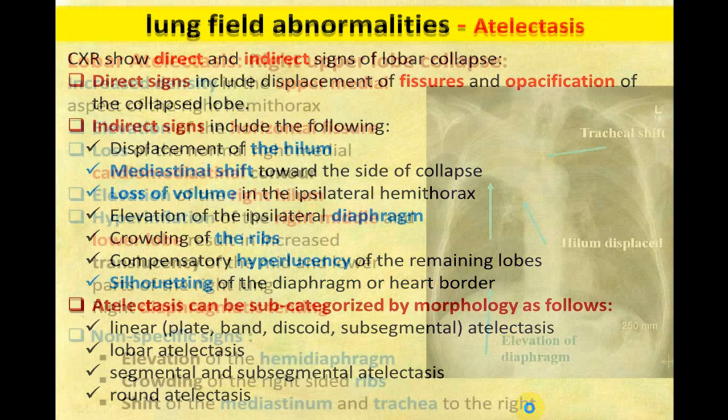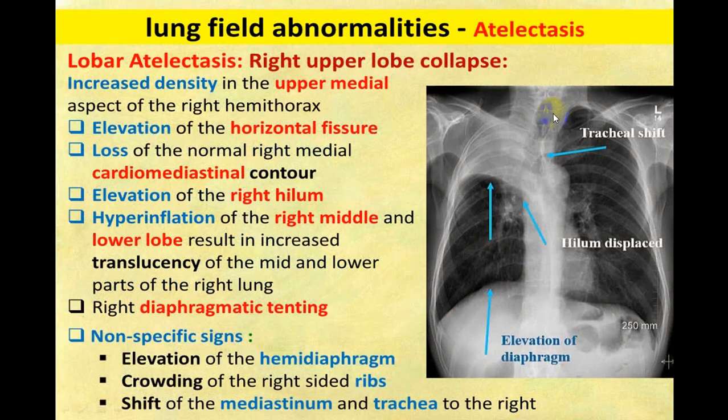We'll be showing you some of those X-rays. Now you can see here, the trachea is shifted to the same side. You can see a homogeneous opacity. This fissure is lifted up. Hilum is lifted up. Diaphragm is lifted up. There's a little crowding of ribs. These are all findings of what we call collapse. And this is related to the trachea, the paratracheal strip on the right side. So this is the right upper lobe collapse. So this is how we identify it.